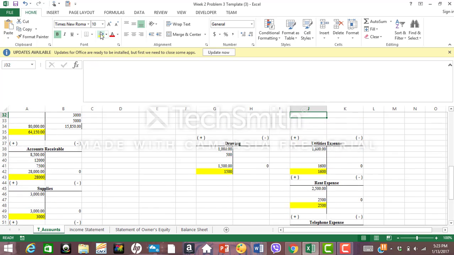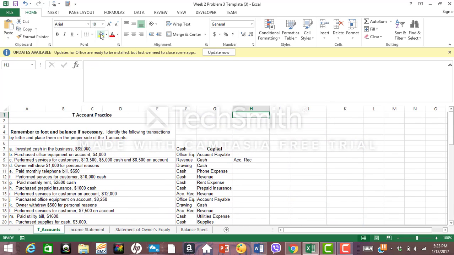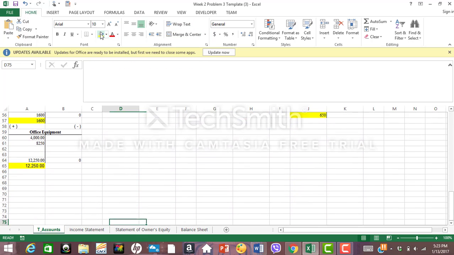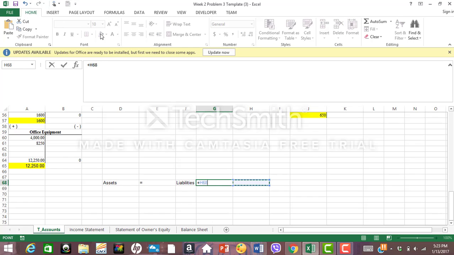I thought there were two. Let me see. I think there probably was in another example. Anyways, let's actually equalize our equation. Owner's equity. All right, the assets is equal to the sum of all these yellow lines,